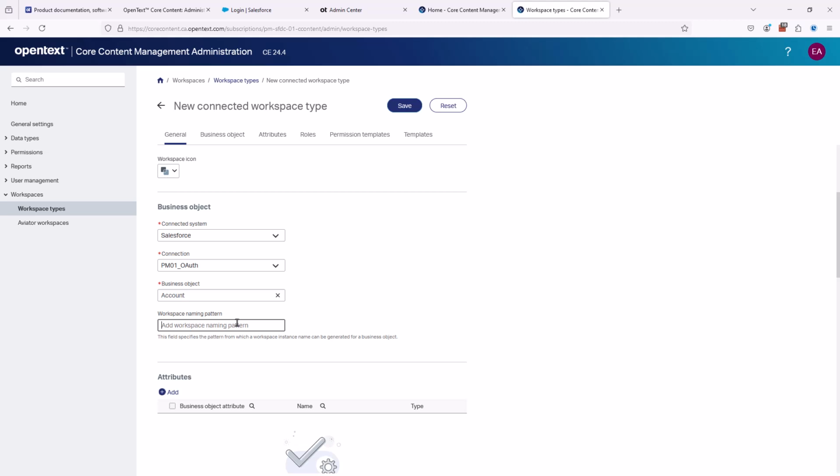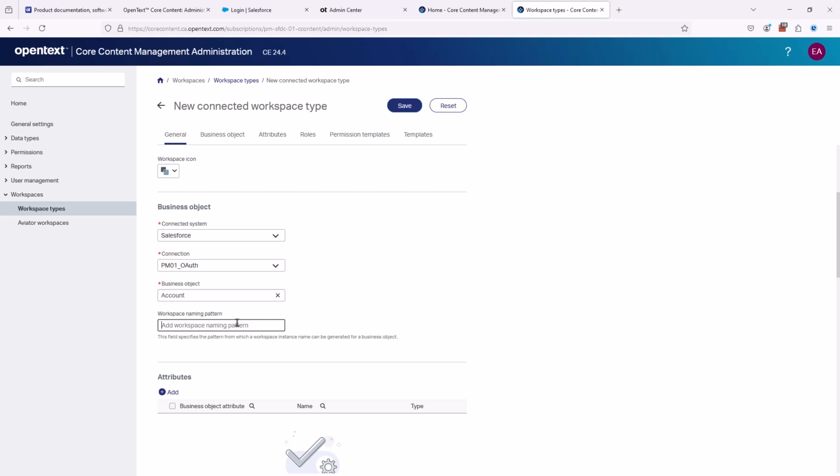And in order to do this, it can either be static, so we can basically put in static text, but that is probably less desirable than something more dynamic. So basically use Salesforce data to create a workspace name and then also amend it with something to make the workspace name unique. To find what kind of parameters or placeholders can be used, we have to